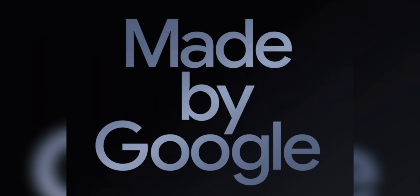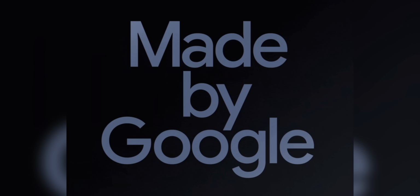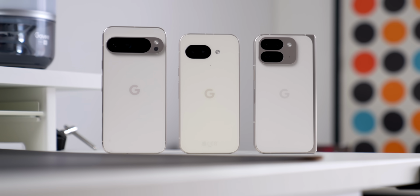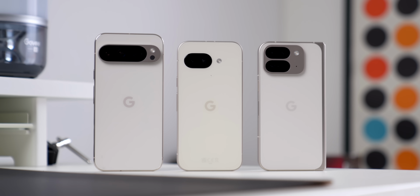I love phone season, and soon we're going to get our first look at the Google Pixel 10, and I mean really soon. So in about a month's time, on August 20th, that is when Google have sent out all the invites for the Made by Google event. So that is where we are going to first see the Google Pixel 10, the Pixel 10 Pro, the Pixel 10 Pro XL, the Pixel 10 Pro Fold, and maybe a Pixel Watch 4 among some other things that Google